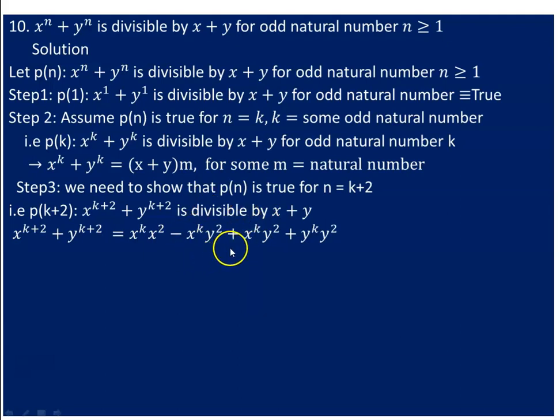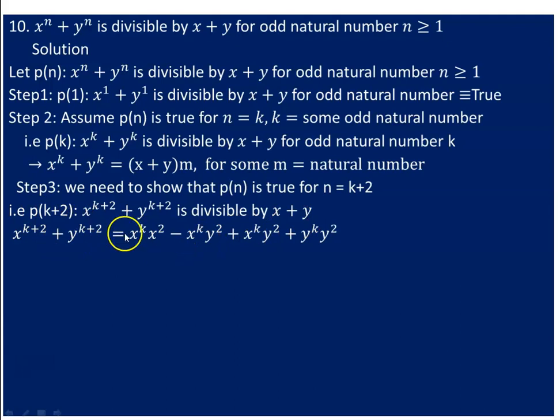I have written this intentionally because I need to make a means of having this one. You see, students, I have to create a mechanism of having this. In order to have that one, I have introduced these two terms. Having these two terms never affects the equality sign here, because these two can cancel and we can have this